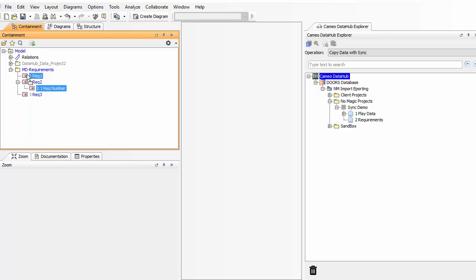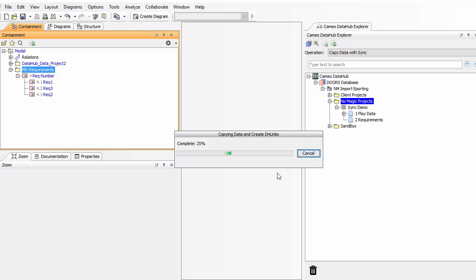You know, I can even move this around and change it up. We can have all three of them underneath if we wanted to. So we'll keep it like that. So what we want to do, because this is a formal module, we want this to be a formal module. MagicDraw by default keeps everything to sync as formal modules. So what we'll do is we'll put this under a MagicDraw project as well